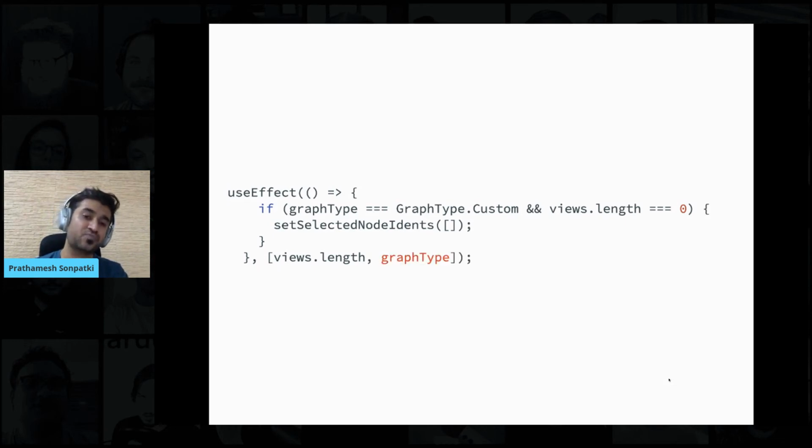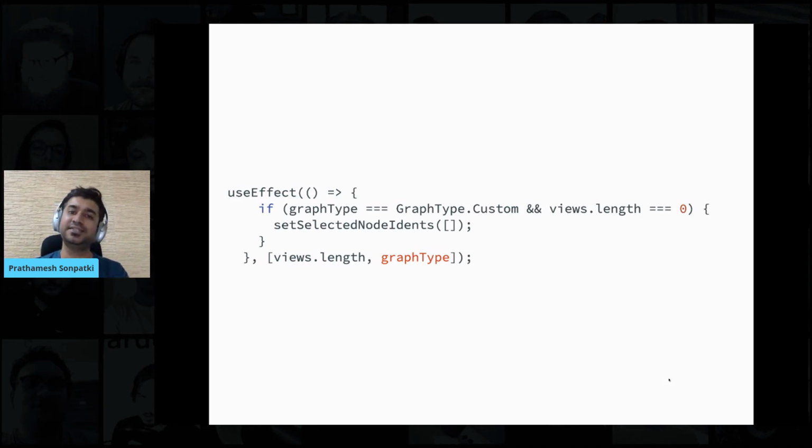So this ESLint rule basically gives us a warning in such cases and tells us that no, you have to add the graphType also inside the useEffect, so that we are protected from the side effects or random surprises that happen due to state being stale, or the graphType not having the correct value if it changes in some other part of the application. We should not use the stale value inside this useEffect. So this ESLint rule is extremely important, and ignoring it is not recommended. As such, ignoring any warning is bad, according to me. And I'll talk about how we treat the warnings also in the next part of my talk.